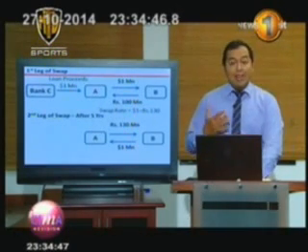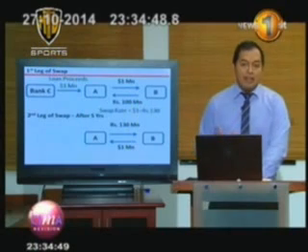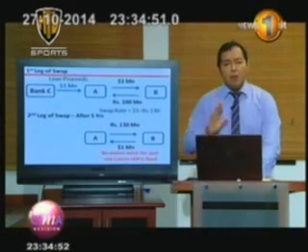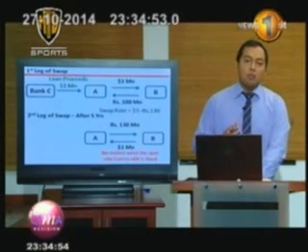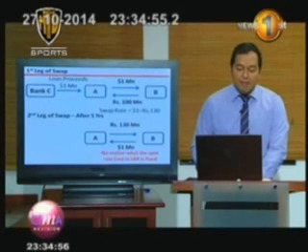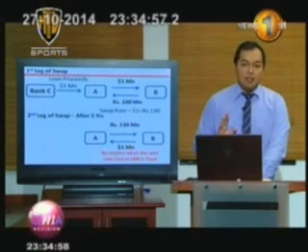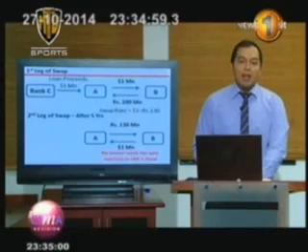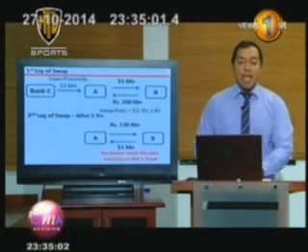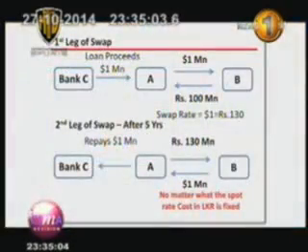Now what has happened as a result of this transaction? No matter what the dollar rupee exchange rate is in 5 years time, the cost of this transaction is fixed at 130 million rupees. So effectively A has fixed the rupee cost of repaying this loan in 5 years time. And what does A now do? It has $1 million. It will use this $1 million to repay bank C and the transaction is concluded.